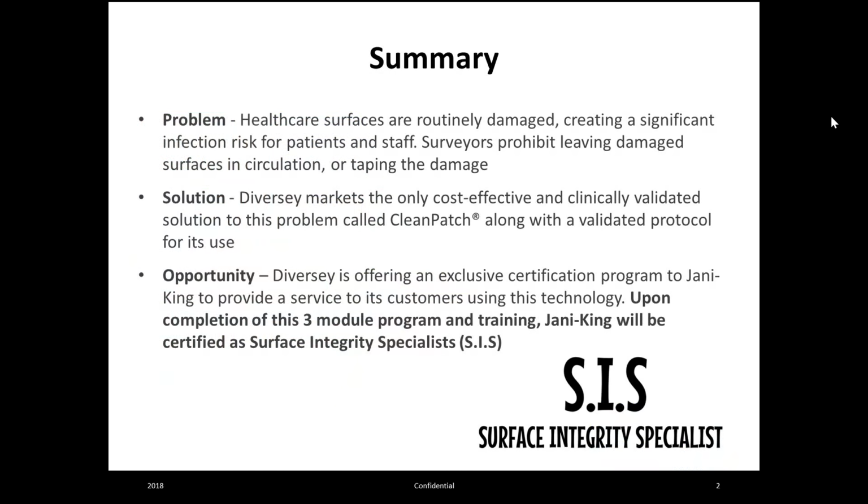So, by way of summary, the problem we are trying to address is that healthcare surfaces are routinely damaged and they create an infection risk for patients and staff. Damaged healthcare surfaces are also not allowed, they're prohibited by surveyors in a healthcare facility. The solution is that Diversey markets the only cost-effective, clinically validated solution called CleanPatch, along with a validated protocol for